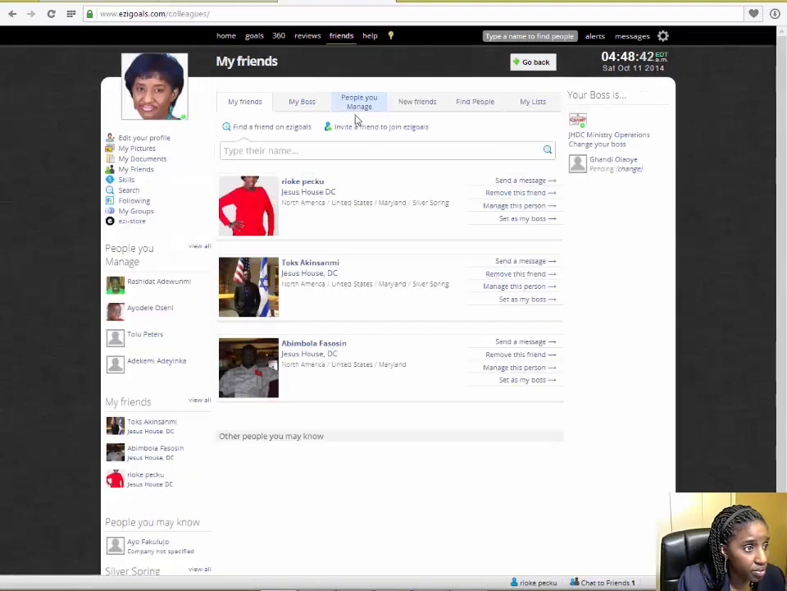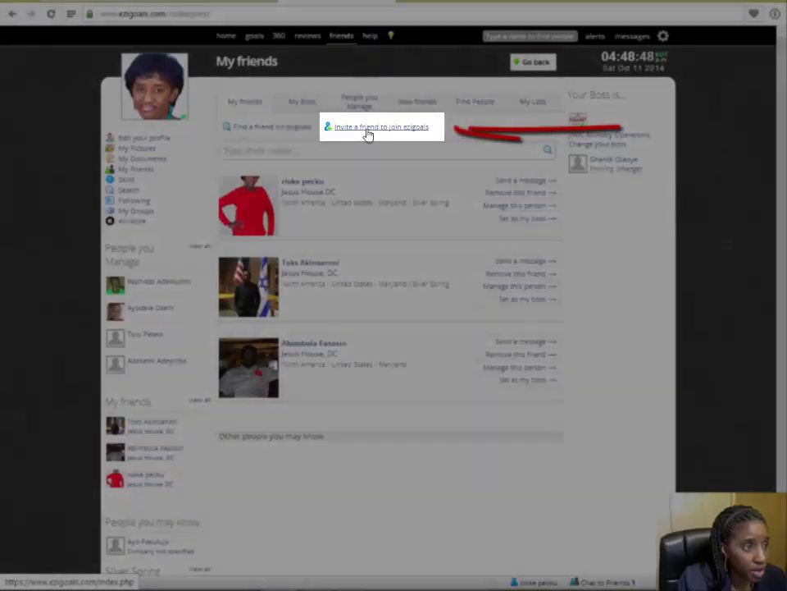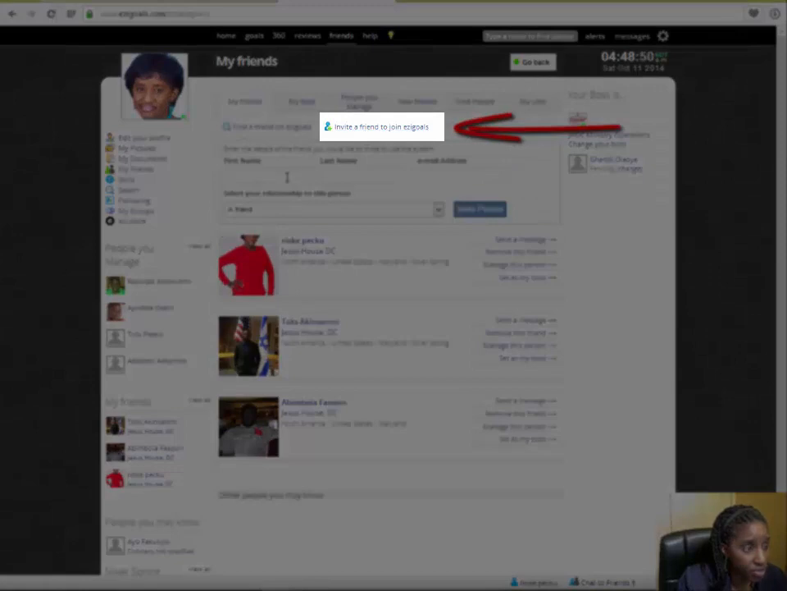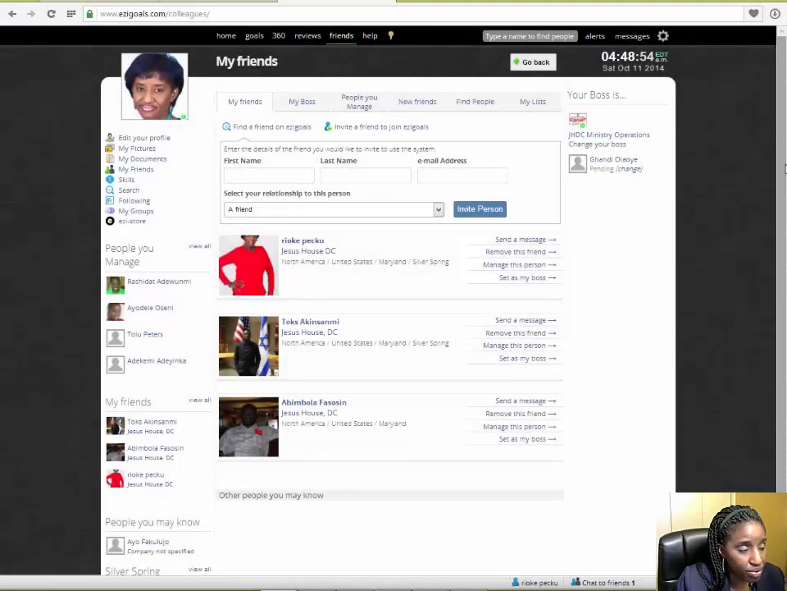And then the other one is that if you know someone you're trying to reach and you know they're not in the system, you click on invite a friend to join. So the same thing, you type in the person's name. If there's someone you know is not on the system yet, you can type in their first name, last name, email